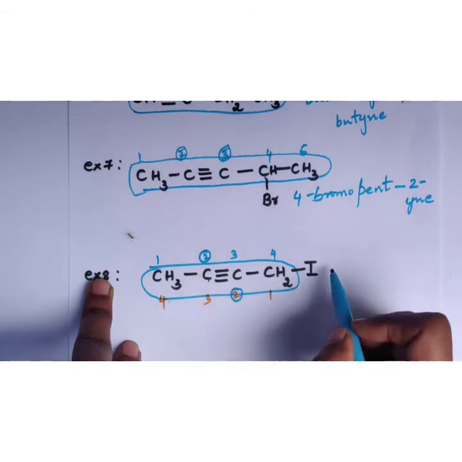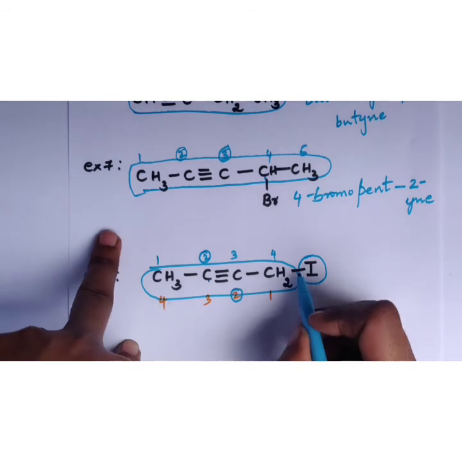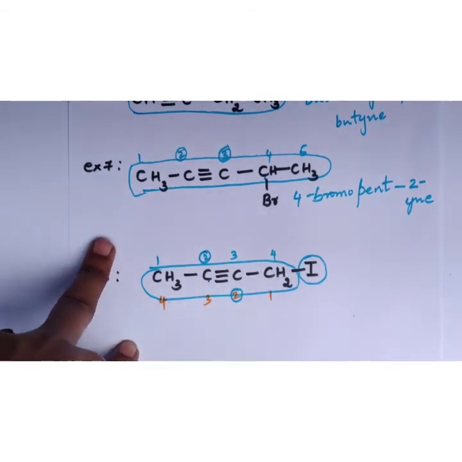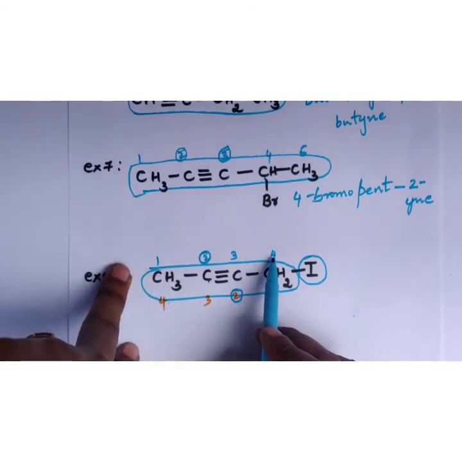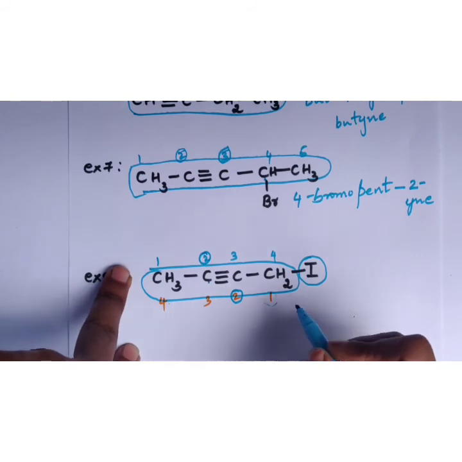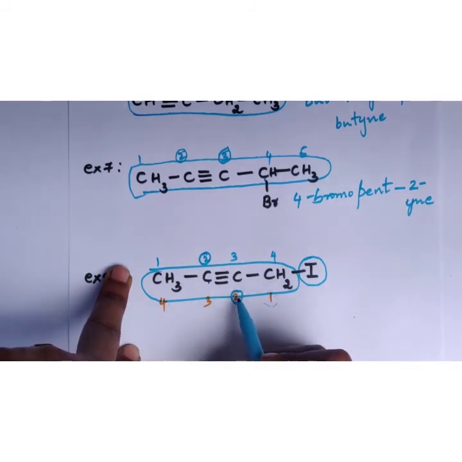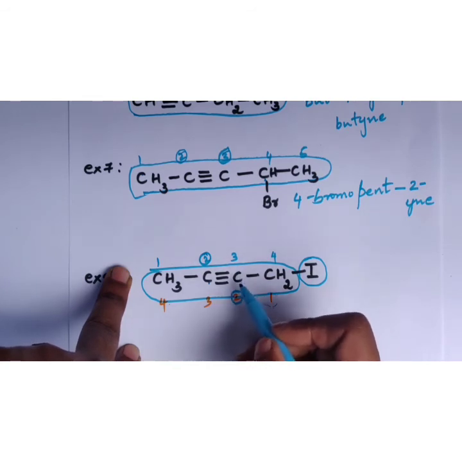So in that case, you have to look into the next one, that is nothing but prefix. Prefix is attached to the terminal part here. If you number it from the left side, it gets the numbering 4. If you number it from the right side, it gets the numbering 1. So which one is better? First you have to look into the triple bond. Any side you number it, it gets the same numbering. It gets the numbering 2. So don't bother about the triple bond now, because anyhow it gets the second position.